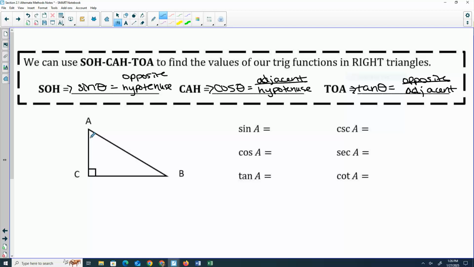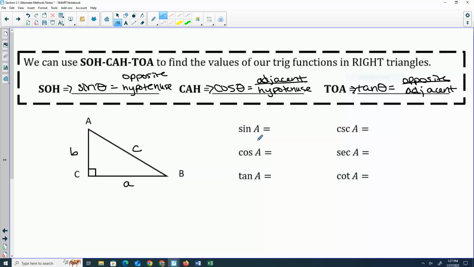Notation from geometry: capital letters represented angles, and sides were the lowercase letters across from them. So if this is angle C, side C is over here. Angle A, so side A would be lowercase a over here. Angle B, so side B is lowercase b over here. So I could ask you to define your 6 trig functions from either A or B, but the angle is